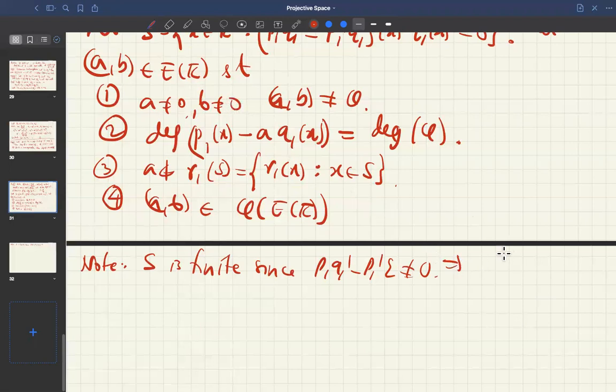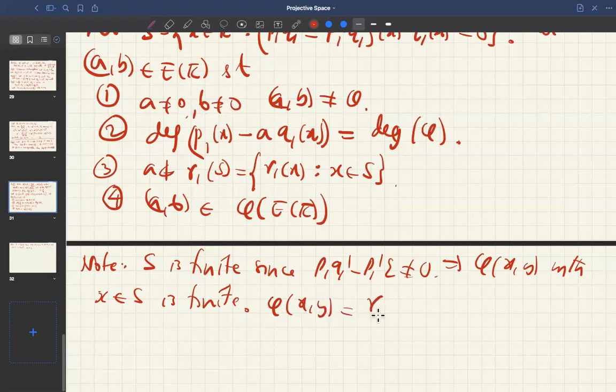So you have this S, and phi of xy with x in S is finite. That's what I mean. So S is finite, so if you look at all those xy, phi of xy with x in S, this set is finite. But what is this phi of xy? It is r1 of x, y r2 of y, and r1 of x